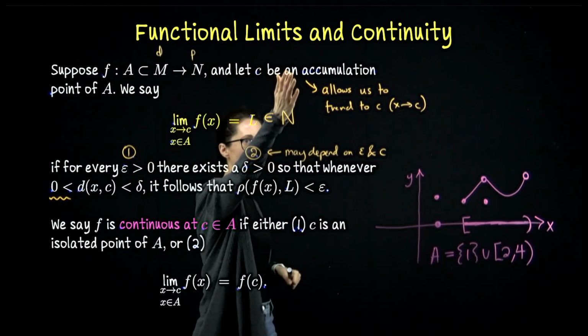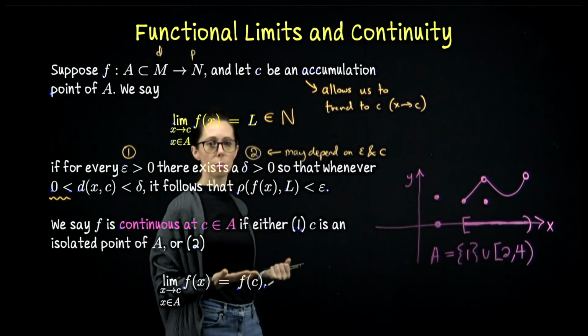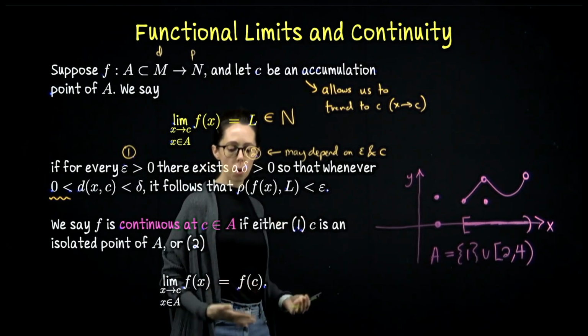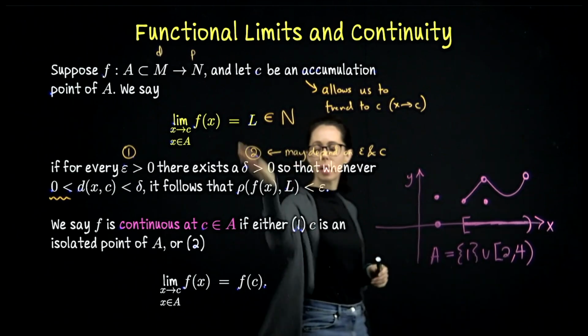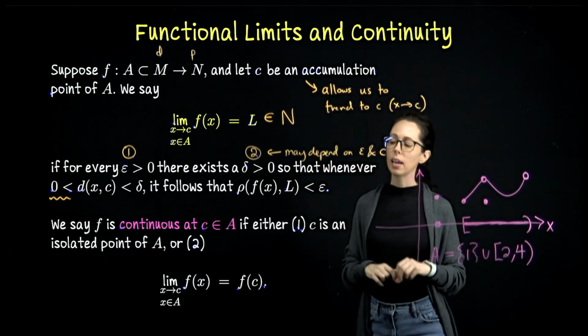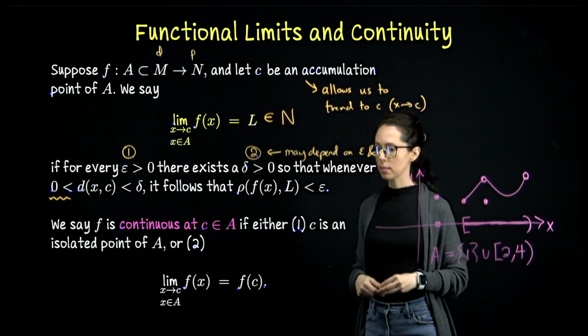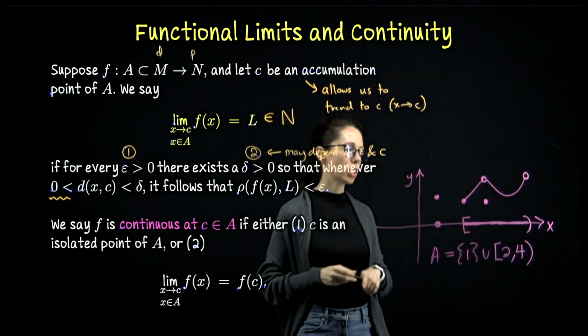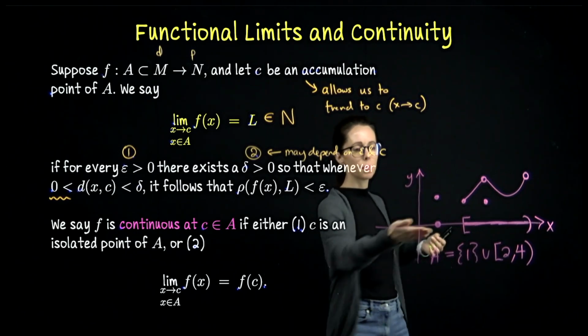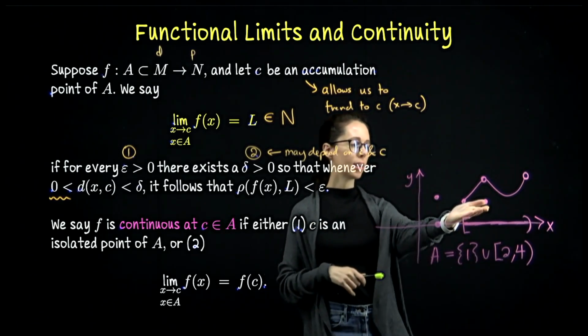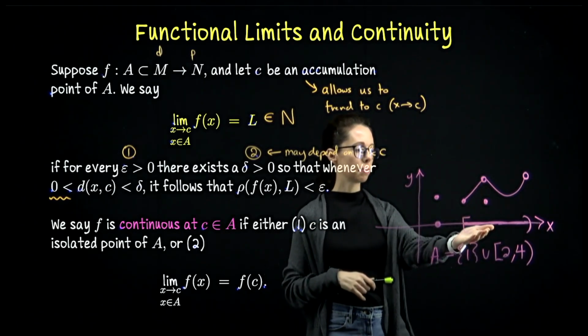So here, the point C is an accumulation point, but it's also in the domain. So we can actually evaluate what this limit would have to be. It should be f of C in order for our function to be continuous. So looking at this picture, there are really 3 points of interest, maybe 4. This point, we've already covered that. Here, if you look at this point in the domain,